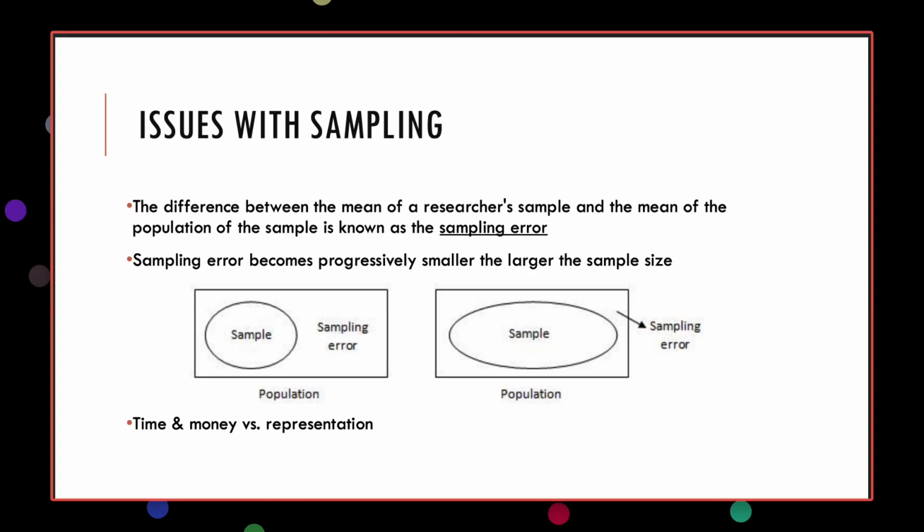So here's a visual for you. Imagine the population as a large box and your sample is a circle inside of it. A small sample, like the one on the left, is a small circle that leaves lots of room for error because you've only sampled a small part of the population. With a large sample, the big circle on the right, there's less room for error because you've sampled so many more people in the population. But even huge samples have some error because you're still not studying everyone.